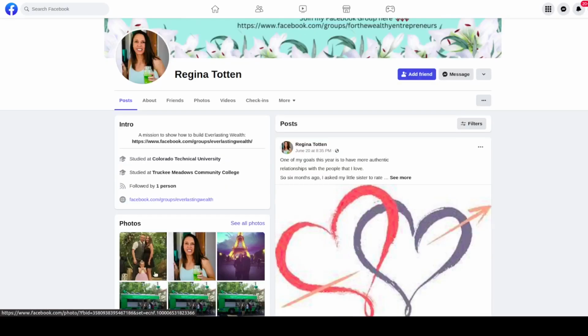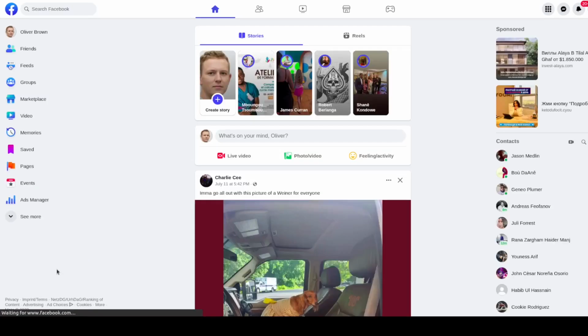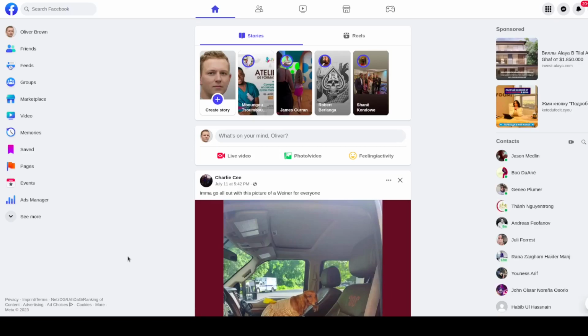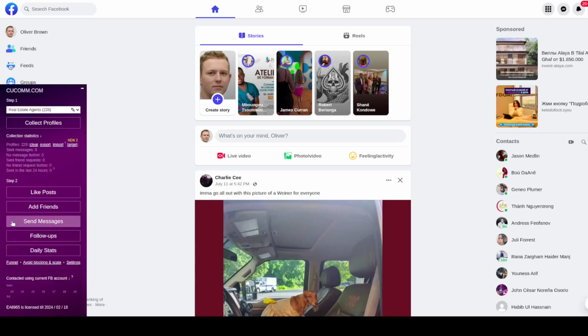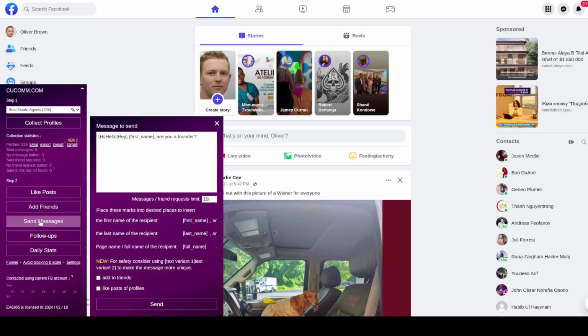So I click the stop button because it will just be doing the same with each profile, and I will show you the next important thing. It's sending messages, friend requests, and likes. So if we click the send messages button, here we can specify the message we will be sending automatically to those